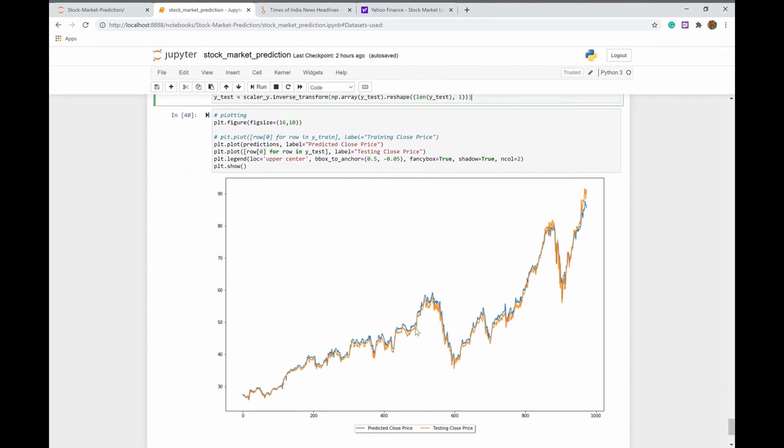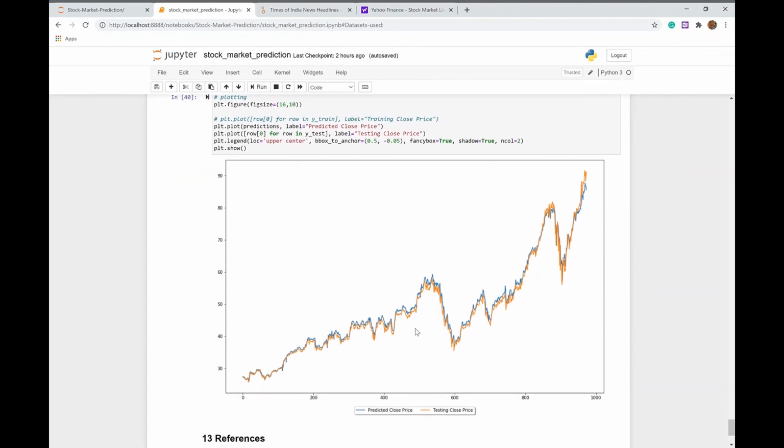If you see the plot, the orange line is the actual testing closing price, and the blue line is the predicted closing price. So we can see here how well it has fitted the model, and through this we can know that the accuracy is good for this model, and also the loss is very low.